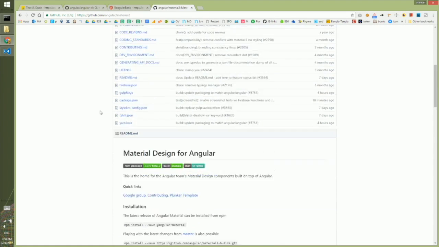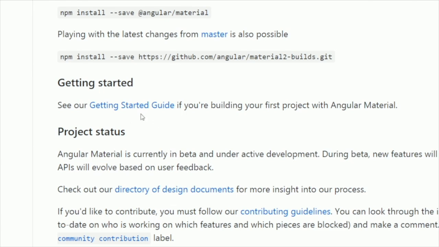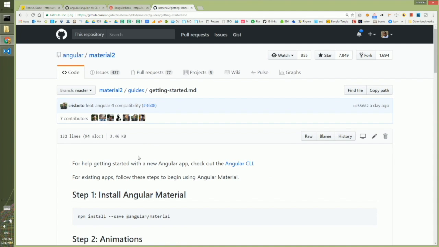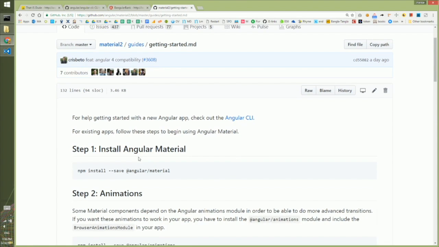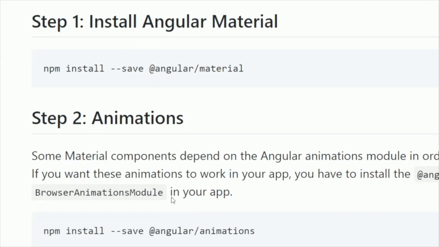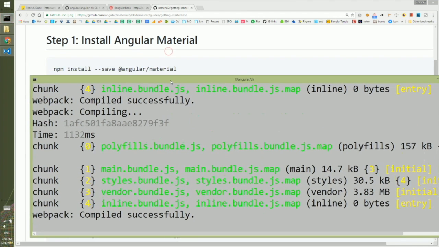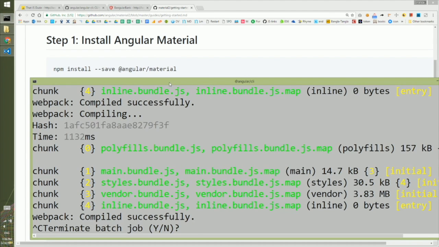And if you scroll down, you will see the getting started guide. If I click on this getting started guide, I will see step by step how to install Angular 2 Material in my project. In the first one, you will see npm install --save @angular/material. So I will go to the command line, and I will press Ctrl+C to stop the current execution,